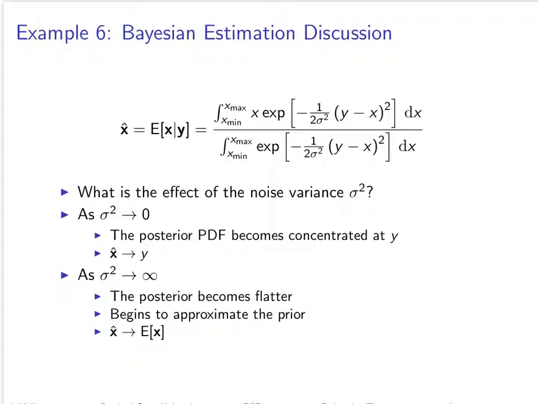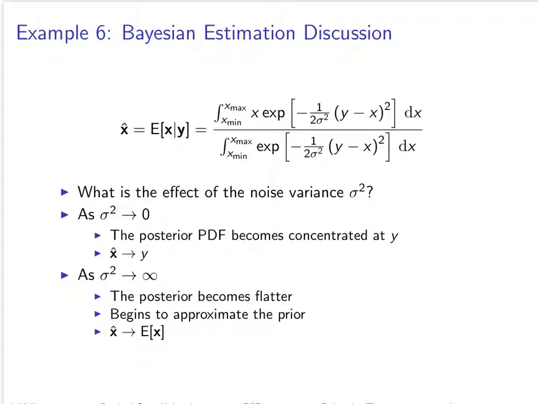This is kind of an extreme example because we've got a hard constraint on our prior that it can't go beyond xmin and xmax. Usually the prior is also a normal distribution or something else that has tails, and so usually this will be true. In this case, it would go as far as it could. But in any case, generally this is true.